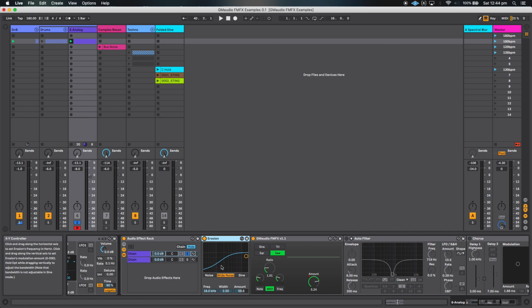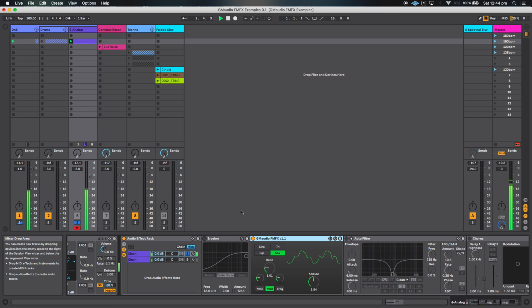Having the erosion beforehand creates some stereo information for FMFX to modulate. If I turn that off, still sounds good, but